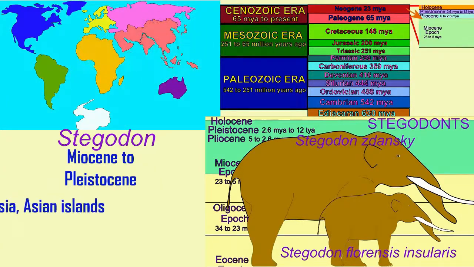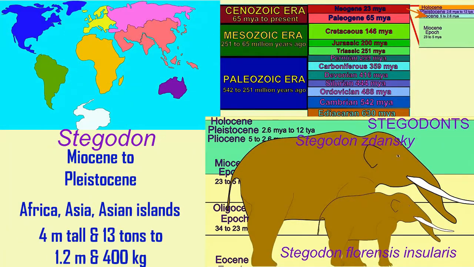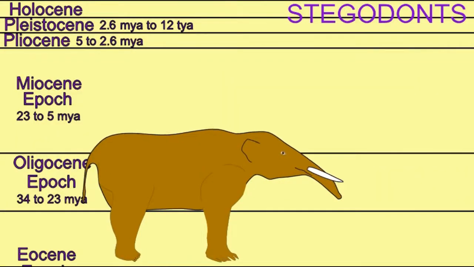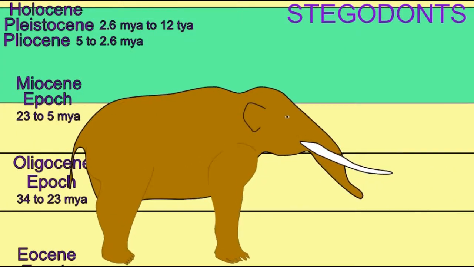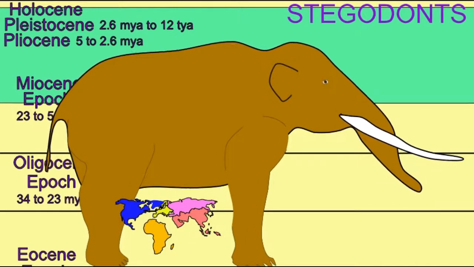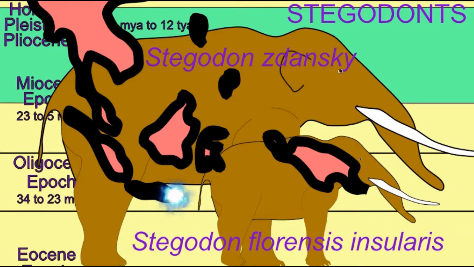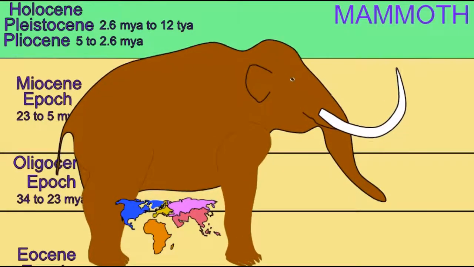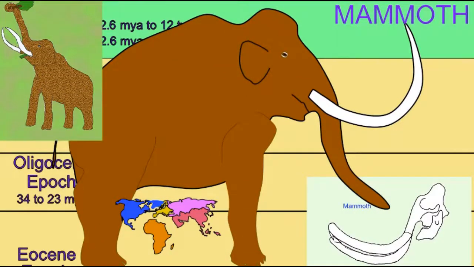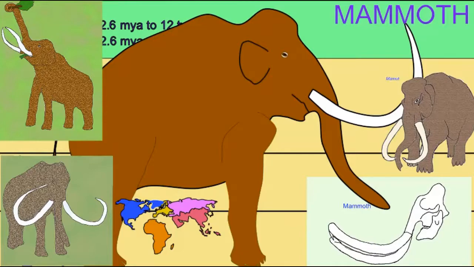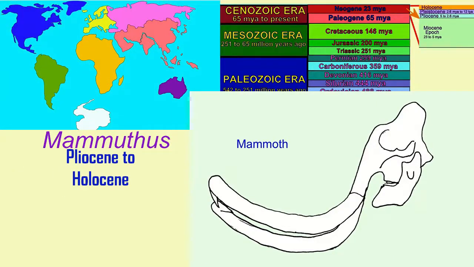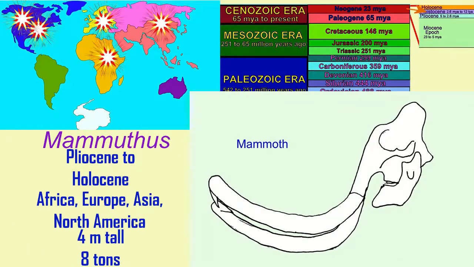Stegodon is a group of elephants which are more closely related to the modern elephants, and this would include both giant forms and dwarf species which reached a number of the islands in the Pacific, such as the island of Flores, where dwarf humans lived. And then finally, the mammoths evolved, which included a number of species, including the woolly mammoth, which spread throughout multiple continents and were known until very recently.